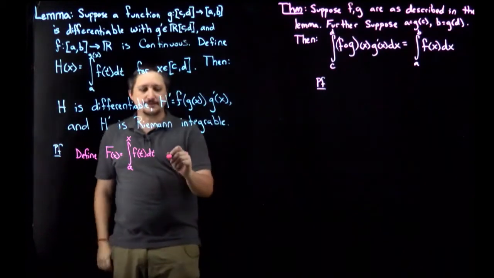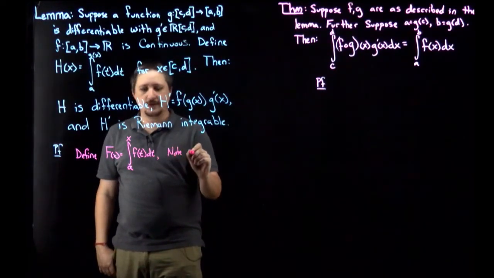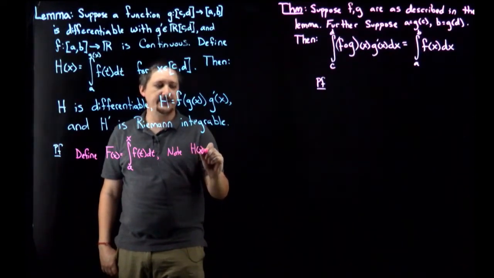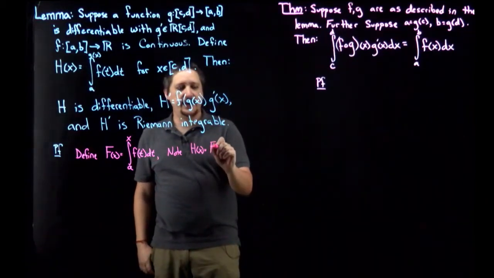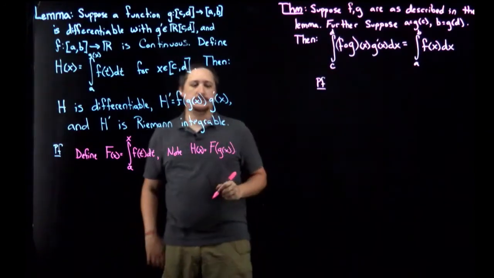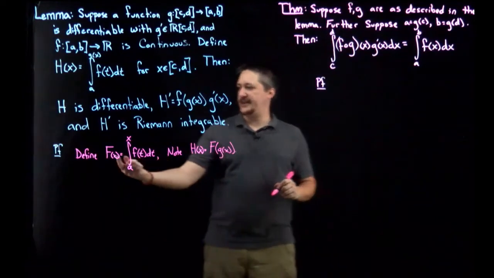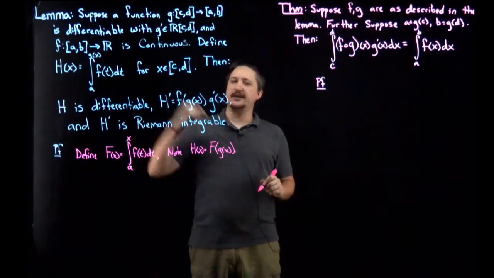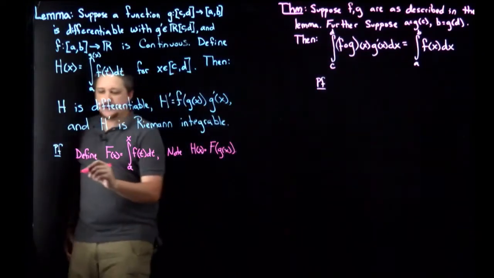And importantly, I can note that h of x, as it was defined up here, is really just F of g of x. Okay? Because if I put in g of x as my input, g of x becomes the whole limit, and that's exactly what h is. Okay, so